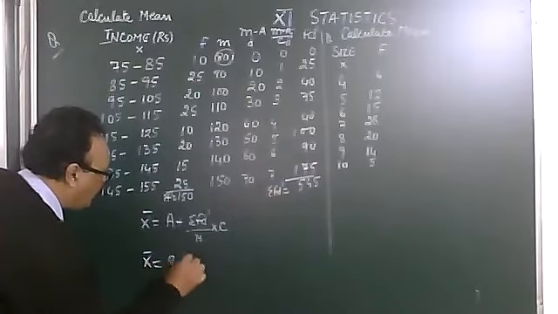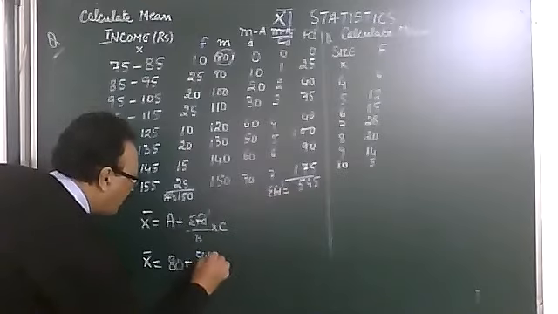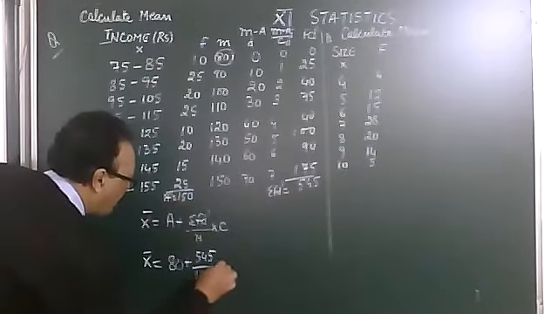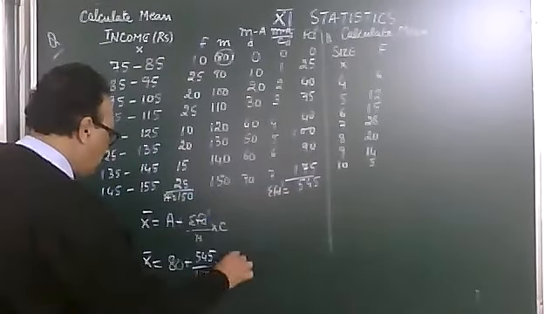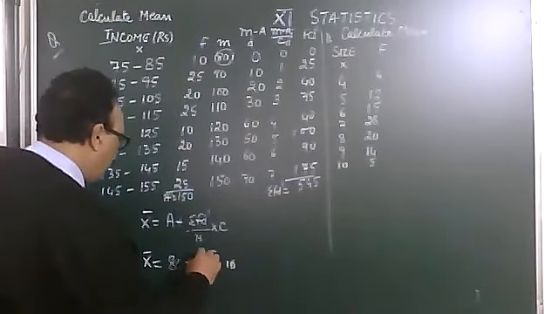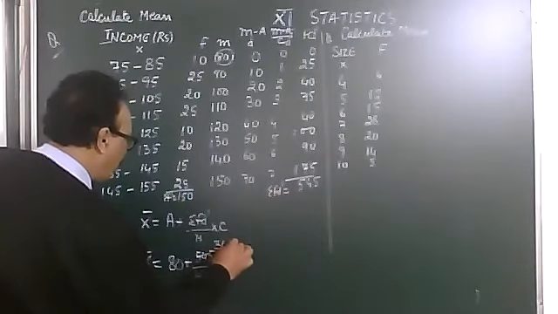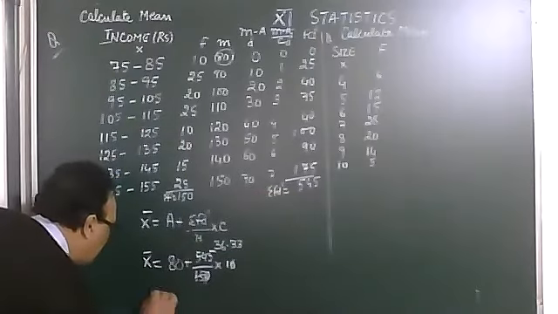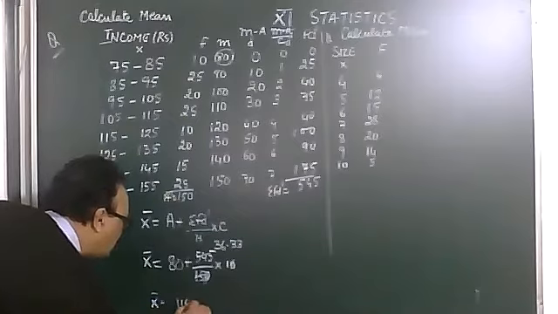Now, using these values, we substitute them over here. What did we assume? 80. Sigma f d dash is 545. What is n? The n value is sigma f, 150. What was the common factor? 10. This 0 with this 0 gets 15, 3s are 45, 9, 15 6s are 90, 15 3s are 45, and so on. So your mean is equal to 116.33.